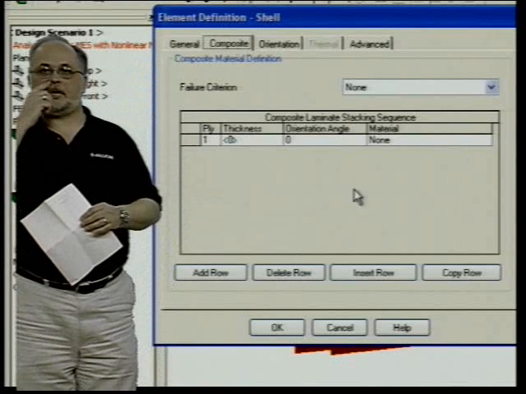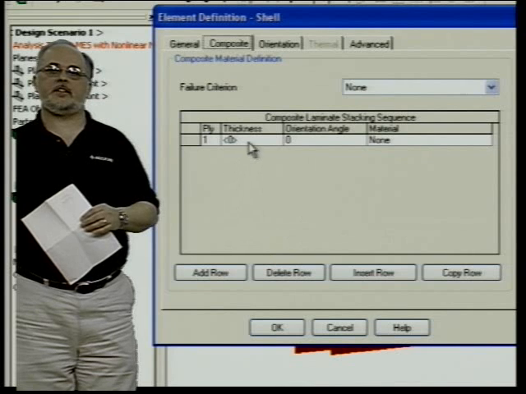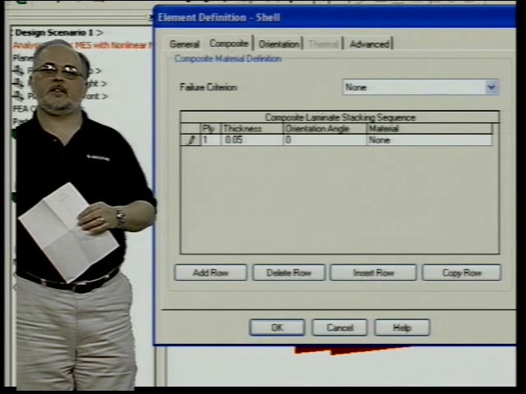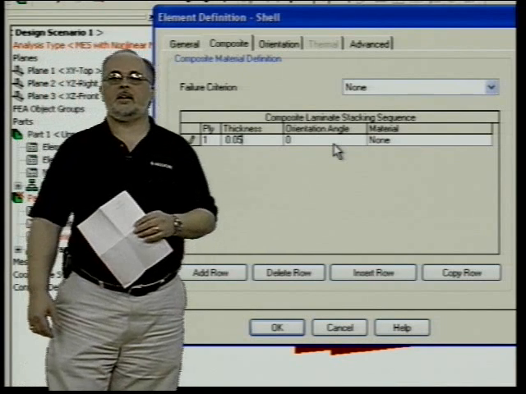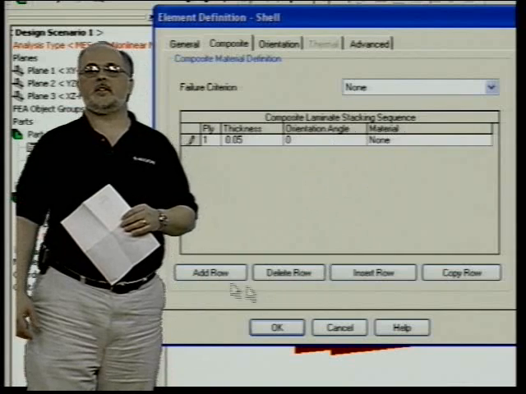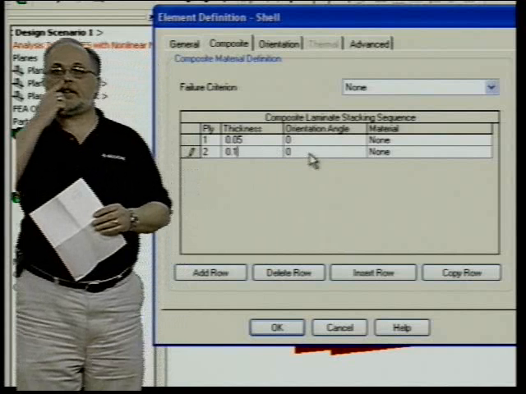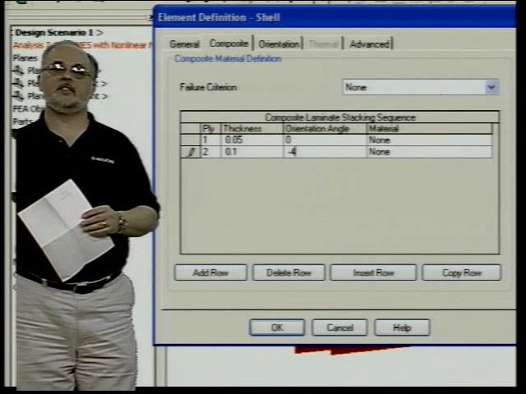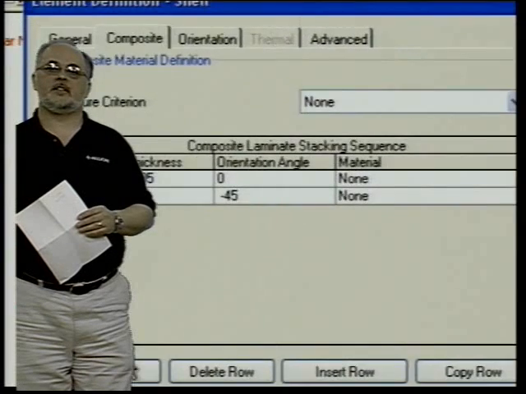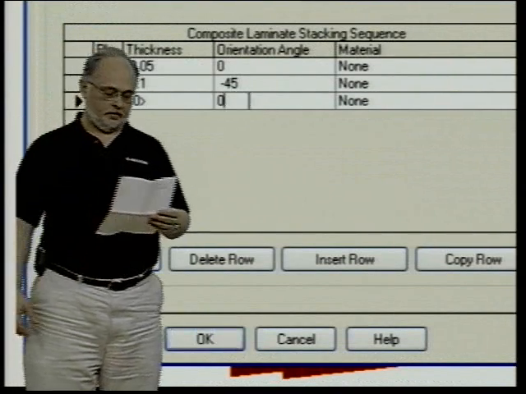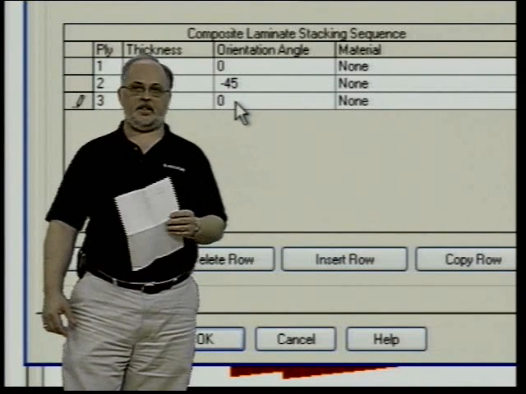And let's see, this one we can start with a thickness of 0.5, an orientation angle of 0, and the second row we're going to be 0.1 and -45. Let's add a thicker core layer for the third row. We'll make this one 0.2, and once again an orientation of 0,